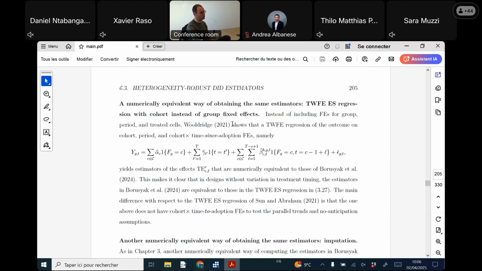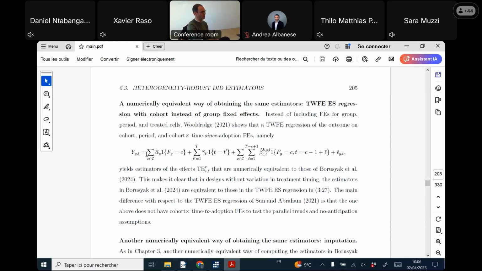Okay, so there is this result by Wooldridge, who shows that if you're interested in estimating the cohort-specific event study effects, then a numerically equivalent way of getting the same estimators as the Borusyak et al. paper is by considering this regression here, where instead of regressing Y_GT on G fixed effects, T fixed effects, and a dummy for every treated cell,